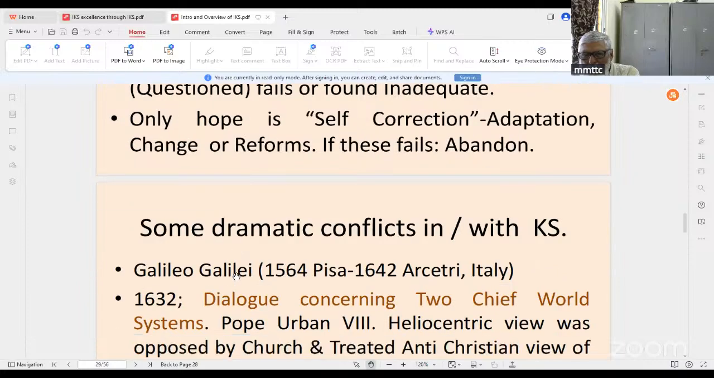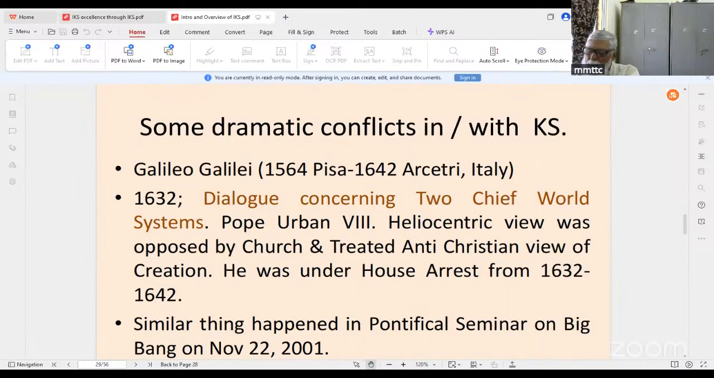So we'll see some dramatic conflict within the knowledge system. We also experienced it. All of you know Galileo Galilei. He was born in 1564 in Pisa, but died in a place called Arcetri in Italy in 1642. In 1632, he wrote a book called Dialogue Concerning Two Chief World Systems, which said, by his telescope observation, Earth is revolving around the sun,